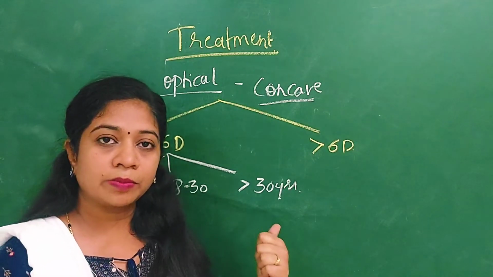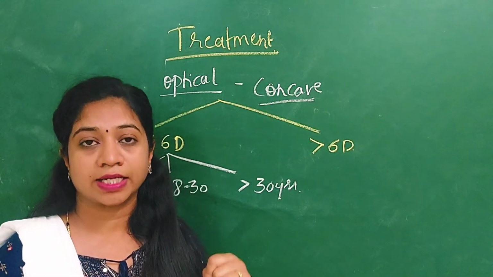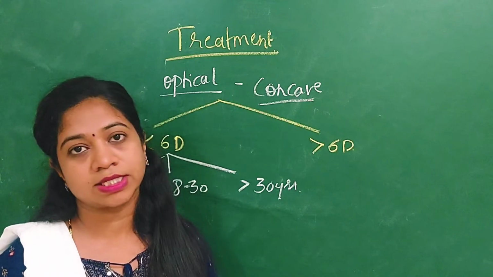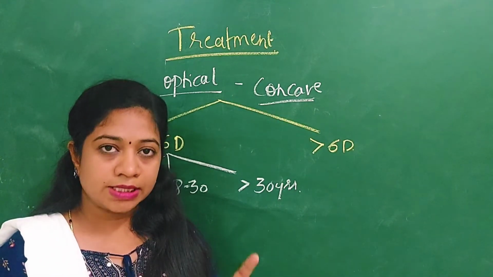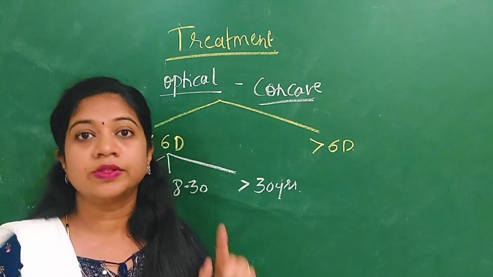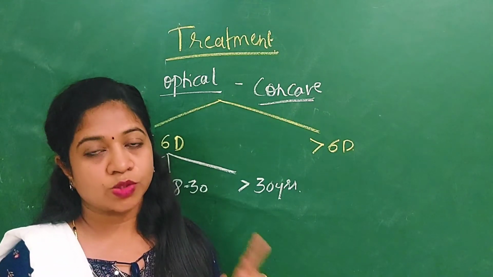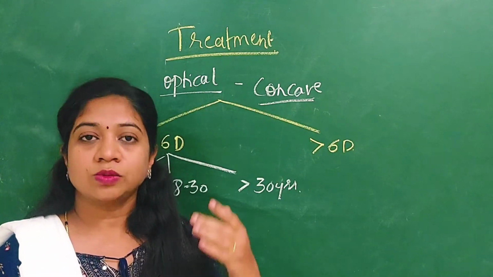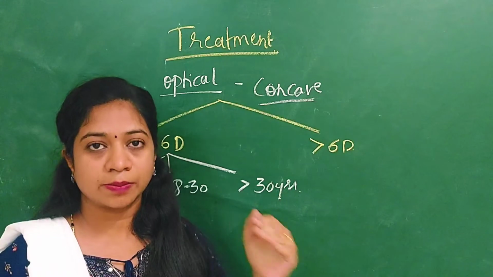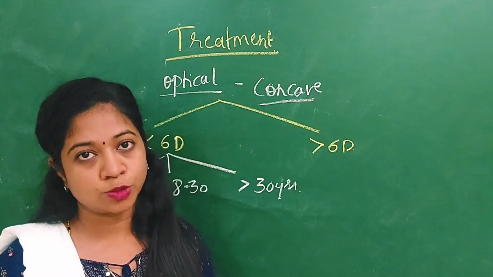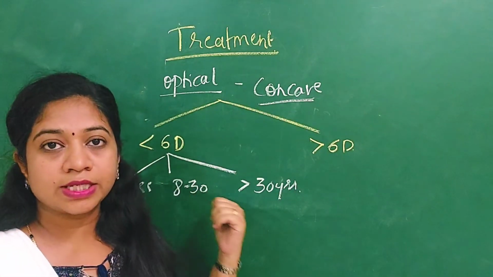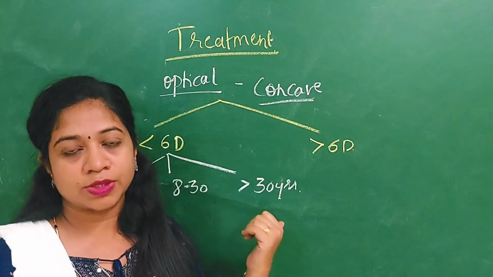And one thing you have to remember is, whenever you are giving the correction for high myopia, you should always concentrate on the near vision. You should see that the near vision is not hampered with your full distant correction. So don't compromise the near vision. You can compromise the distant vision to some extent, but the near vision has to be good, because this group is more actively involved in education and studies.